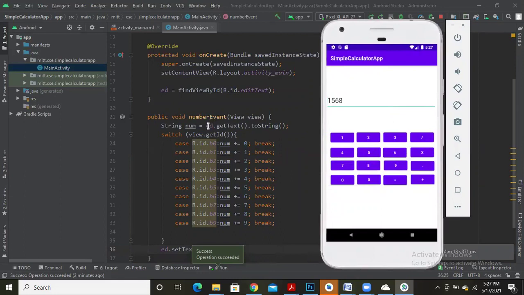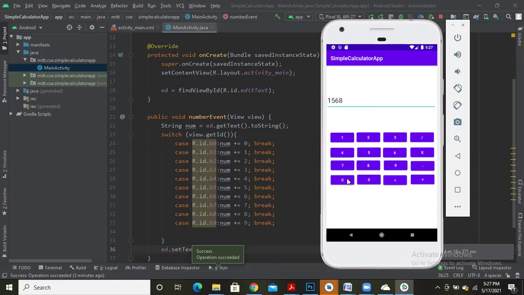So we read the number from the edit text field, which is represented by ed. We retrieve the value and store it in number. If I come to know the button clicked is B0, 0 is appended to the number. If the button clicked is B1, corresponding to button 1, then 1 will be appended to the number, and so on. So perfectly, my numbers are accepted from the keypad, or from the buttons which we have designed. Now let me clear it.